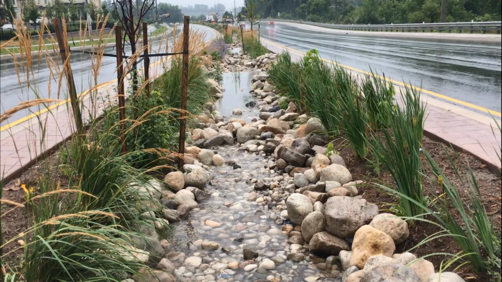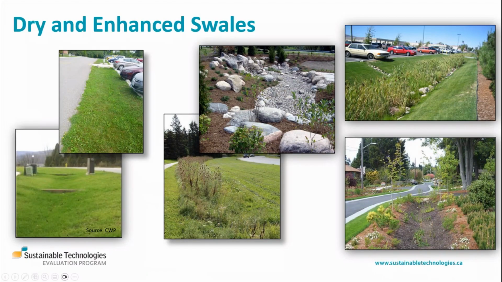So we also have dry and enhanced swales. These can be implemented along larger and longer road stretches. They're different than the first three practices we've talked about, being bioretention, rain gardens, and even some other swale systems, because they're mainly used as conveyance installation. So it's used to move water from one point to another while maintaining high levels of vegetation in between. Check dams are added, as we can see in the pictures here, because it increases ponding and retention of water and improves infiltration,